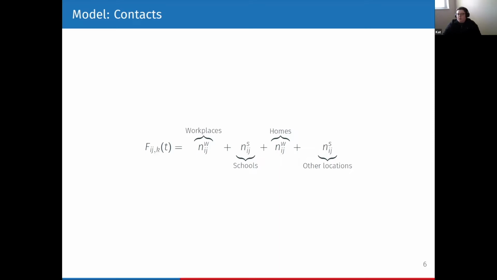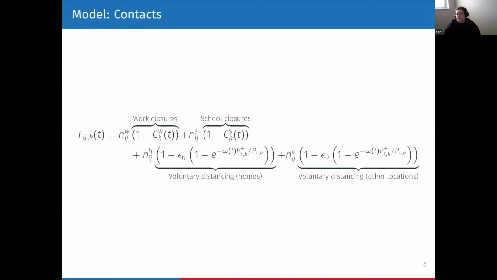And the thing we now know is that, if we want to reduce transmission, we want to reduce contacts. The ways that we can do this are by closing workplaces and schools and by encouraging people to voluntarily distance in their homes and other locations. So limit their contacts where possible. The work and school closures are fairly straightforward. You shut those spaces, you reduce people's contacts there. Whereas with the voluntary distancing, it's a lot harder to legislate what people are doing in their homes and other